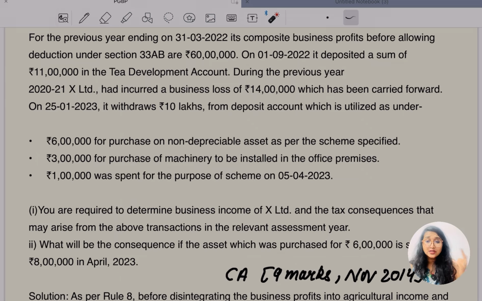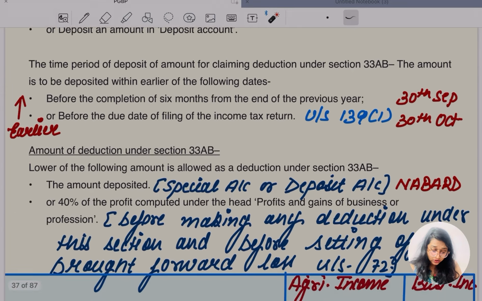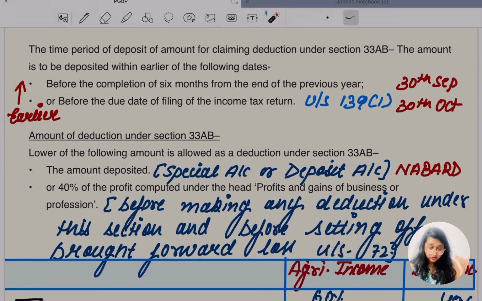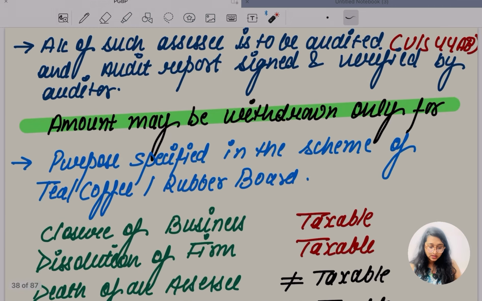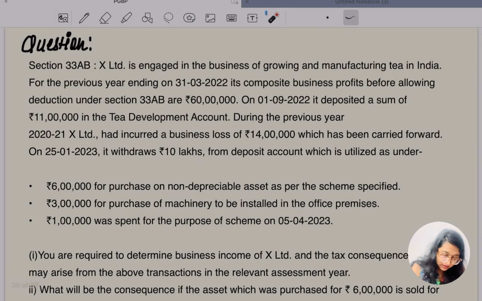As I told you, we get the deduction whichever is lower: the amount deposited in the special account or deposit account, first thing; second, 40% of the profit computed under PGBP. As they have given me 60 lakh, 40% of 60 lakh is going to be 24 lakh. Now you have to tell me 24 lakh,